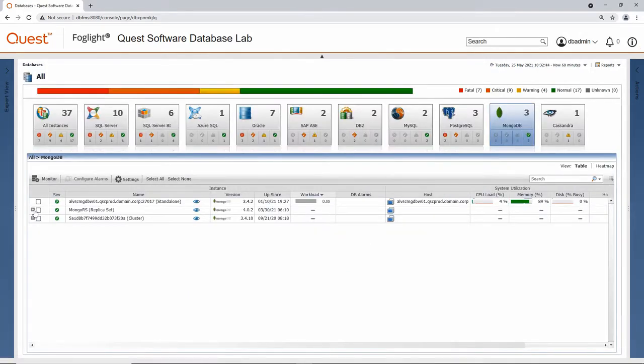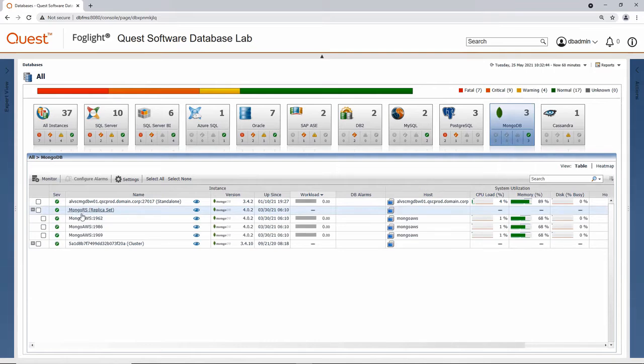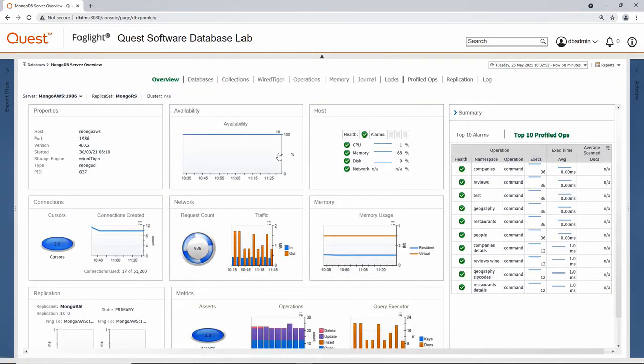And lastly, drilling into an individual component or an individual MongoDB server, whether it's a standalone database or a member of the replica set, brings us now into a database-specific view focused on the health of this individual MongoDB system that makes up our environment. In our case, I'm currently looking at 1 node of a replica set. You'll see we start you with an overview perspective focused on high-level health.